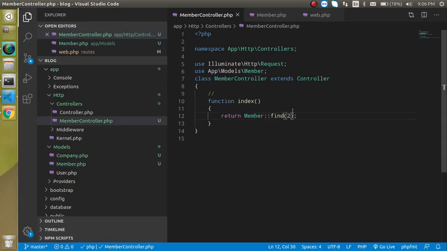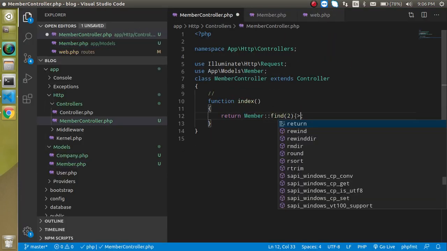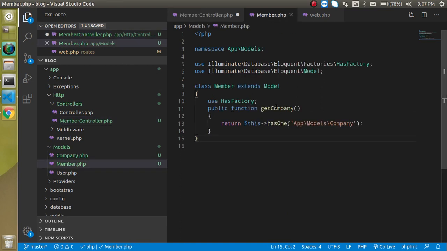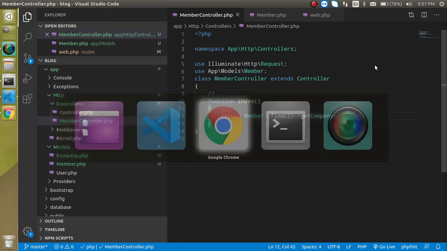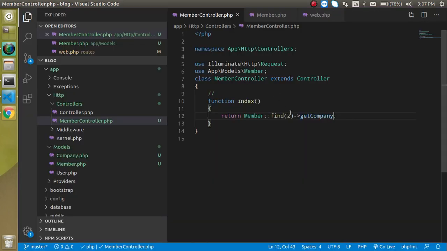So now you can find that for a moment this is working fine, but there is no company data. But let's say you need to add this function name as a key. So just write here getCompany. You don't need to write the function name with brackets, you just need to write it as a property. And now you can see that we got the data from the 2nd, right? Because we are getting the data from the second company.